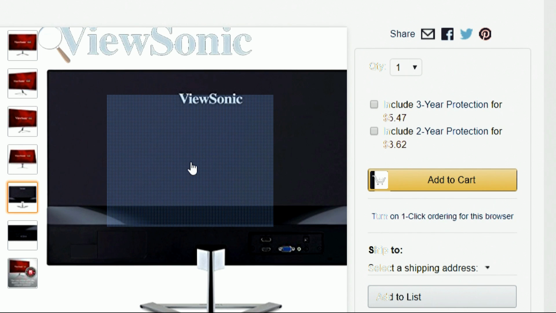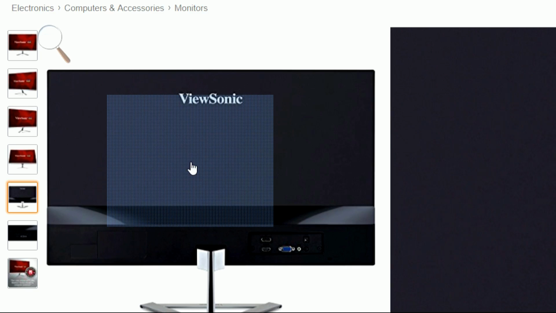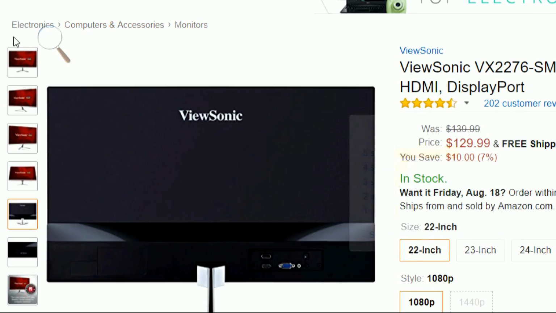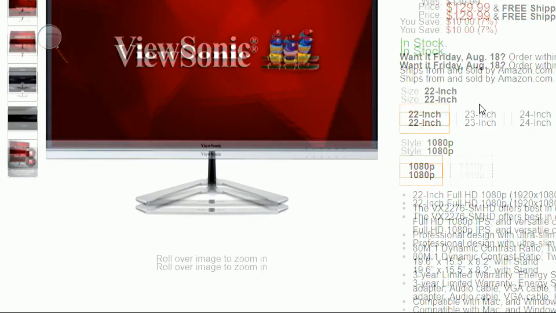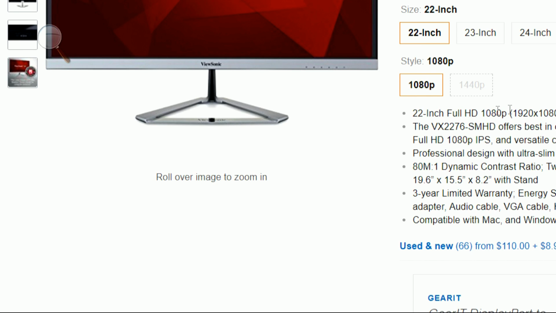Now, there is a company that makes a bracket that can fit into this that will make it Vesa mountable, but it sticks out about like a 2x4. And it also has weight to it. So as much as I like ViewSonic and as much as I like the price of this particular monitor, 22-inch at 1080,